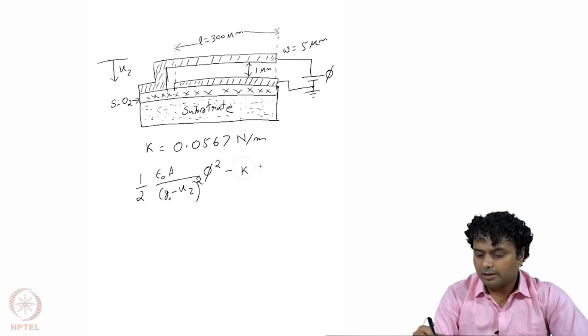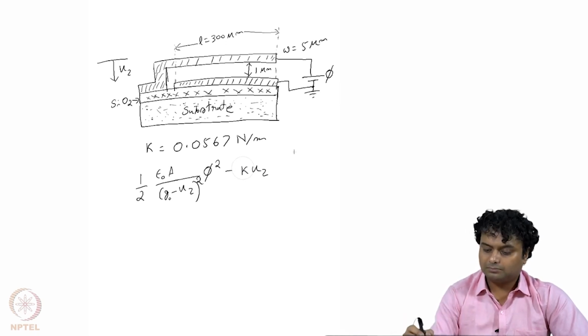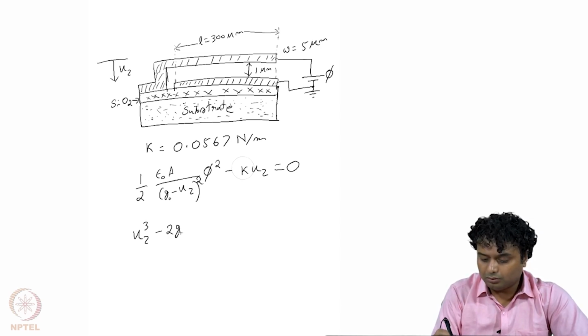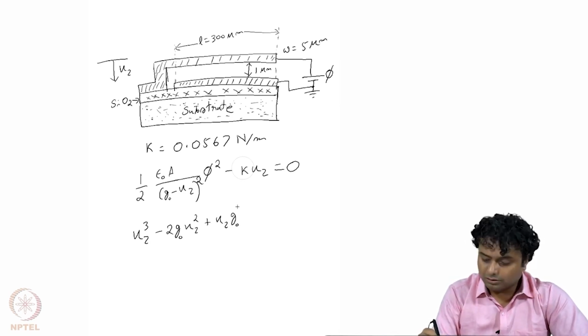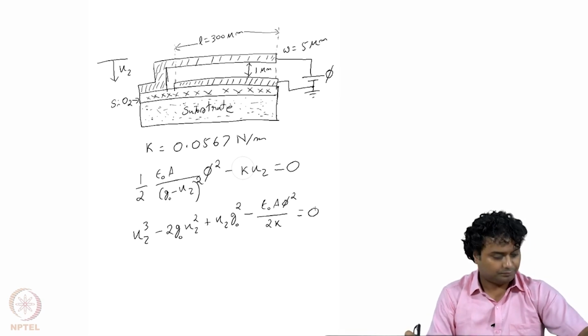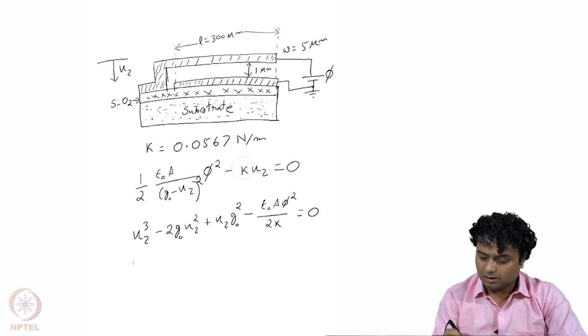Minus K into uz is equal to 0, and then we can simplify it to this expression: uz cube minus 2 G0 uz square plus uz G0 square minus epsilon naught A phi square divided by 2K equals 0, and then we can write down all the values as we